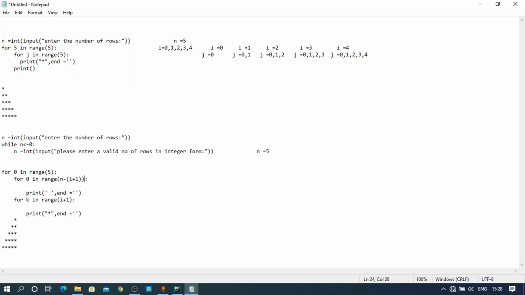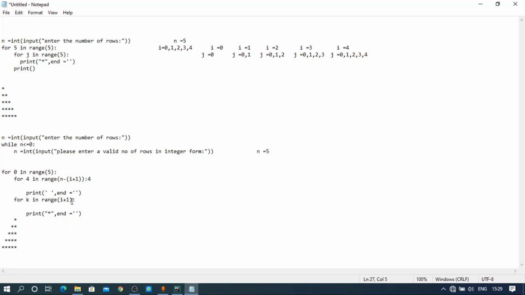Here n minus (i plus 1) becomes 4. 0 in range of 4, so one space is printed. After that it becomes 1, 1 in range of 4, another space is printed. After that 2, another space is printed. After that 3, another space is printed. After that it becomes 4. 4 in range of 4 is false, so it will come out of this for loop and move to the other for loop.